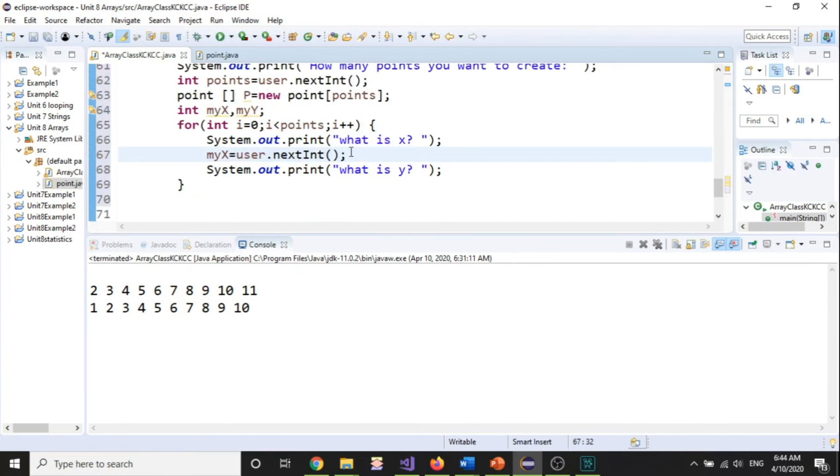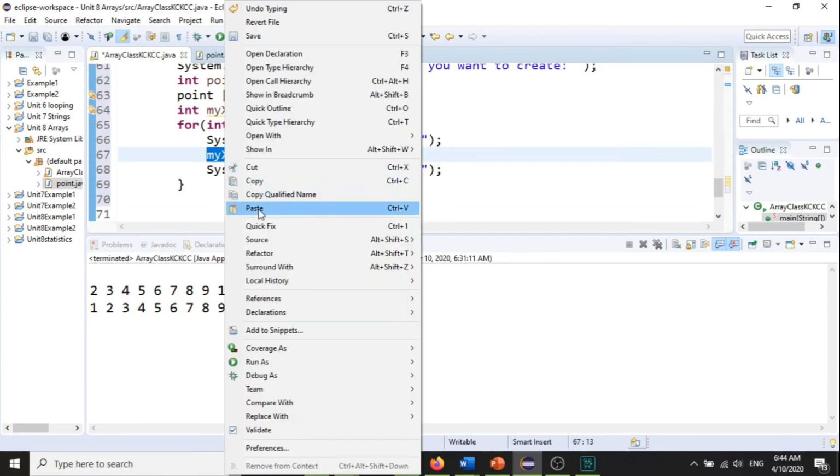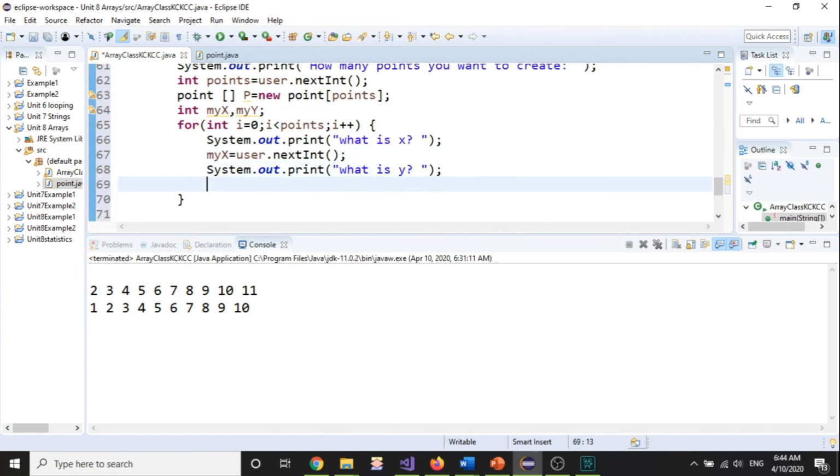And then for the other variable, we'll do the same. My y. Now that I have my x and my y, all I have to do is to come here and say p, uppercase, remember, that's what we call it, of I